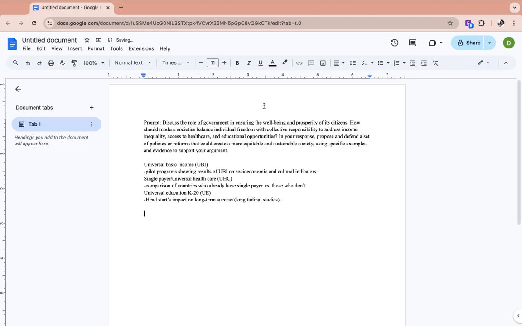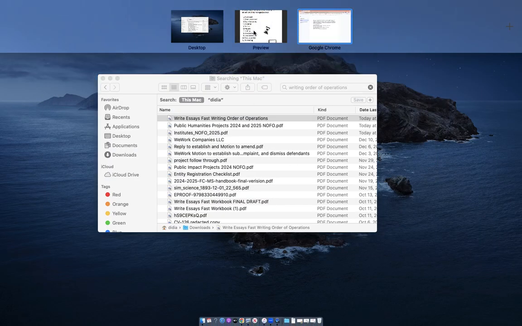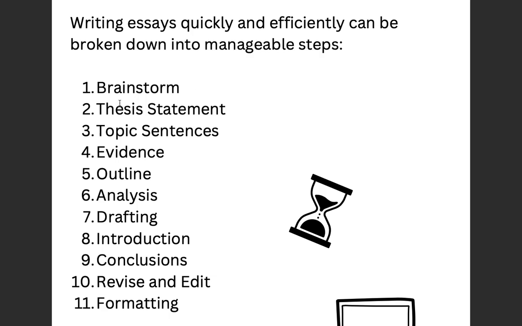All right. So my brainstorm is done. That took me like maybe 2 minutes, maybe two and a half. So now I'm gonna go to the next step of the writing order of operations. All right. So next step is to write my thesis statement, and this step is a step that you can come back to multiple times